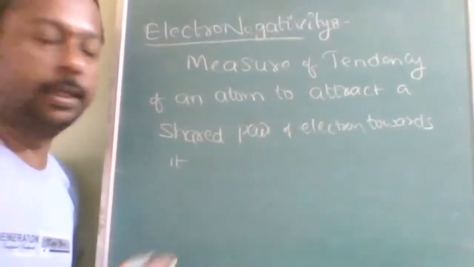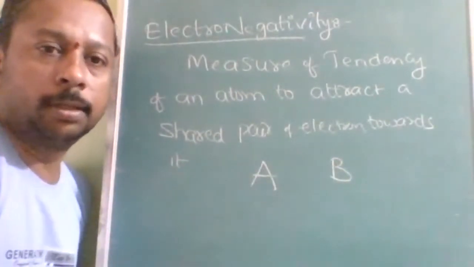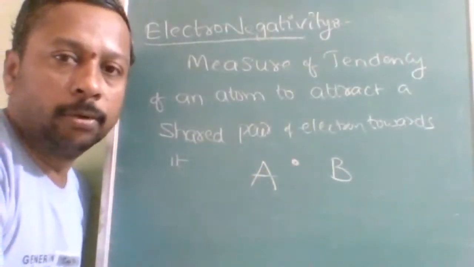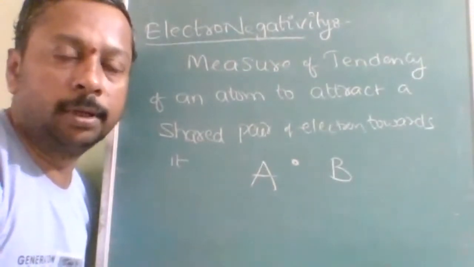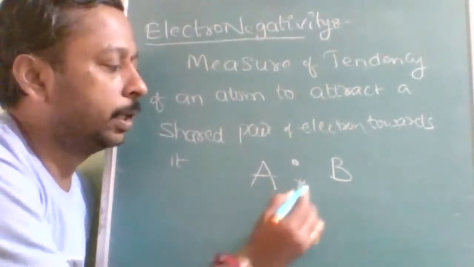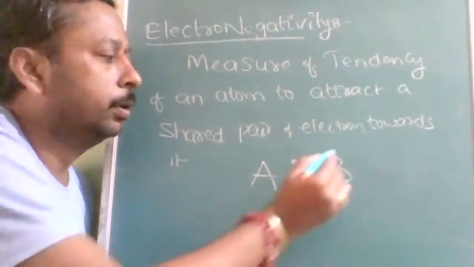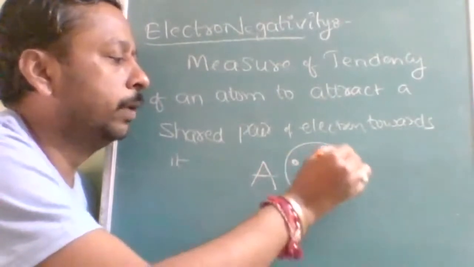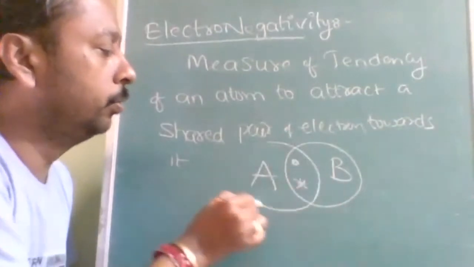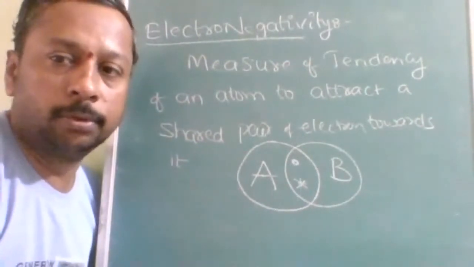Okay, what does it mean? Suppose there are two atoms, and there is a covalent bond. For every covalent bond, there has to be at least two electrons. In a covalent bond, the participation from both bonded atoms is the same. So this atom provides one electron, and this one provides another. This electron is provided by B, this electron is provided by A. As they are giving equal electrons for the bond formation, they have an equal right to use this electron pair.